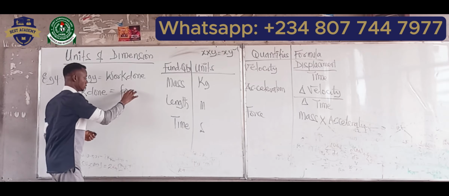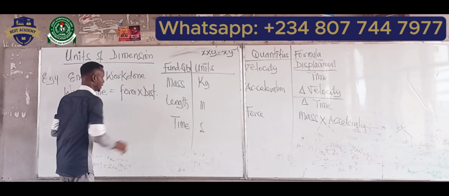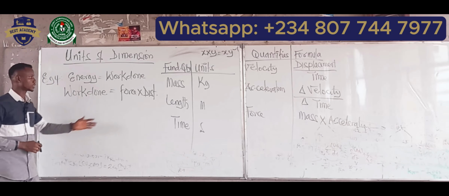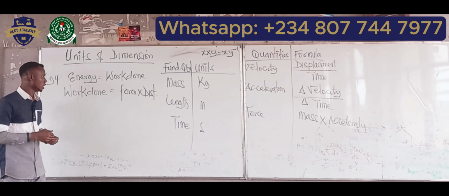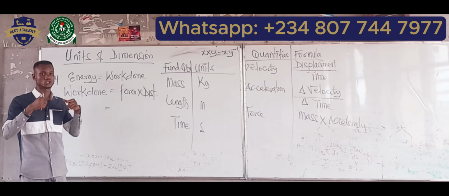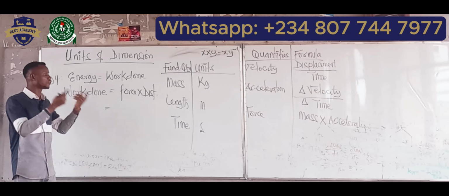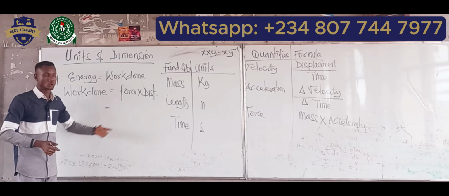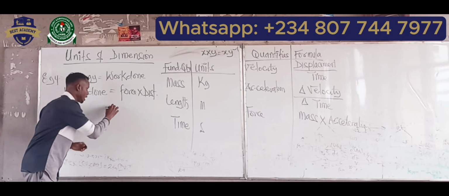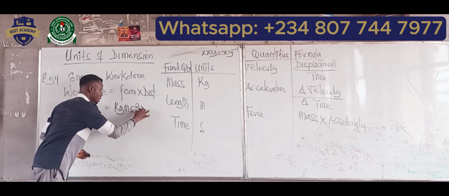Force times distance in a given direction. And I told you that the first thing you have to know if you want to express most units is the unit of force. Most formulas comprise force. So what is the unit of force here? That is kg meter per second squared, times